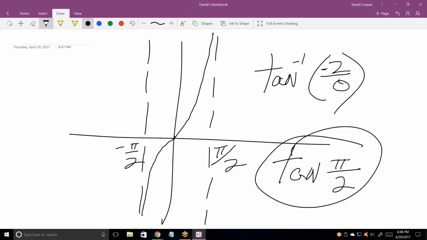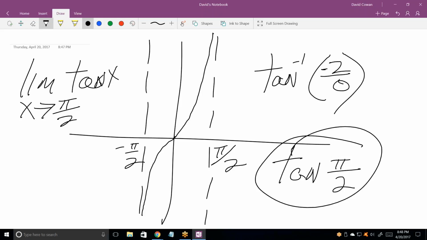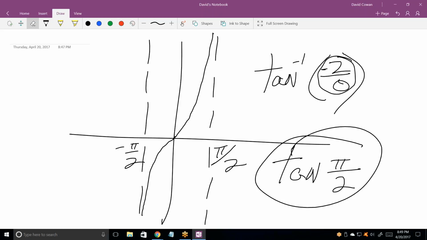So if I was doing a limit problem, the limit of tangent of x as x goes to pi over 2, that's infinity. You can see from the curve that that would be infinity. So inverse tan of infinity should be pi over 2. And this is infinity, or negative infinity, when you divide by 0. So I'm not quite sure why my Wolfram Alpha or your calculator doesn't like it, but I'm very sure that